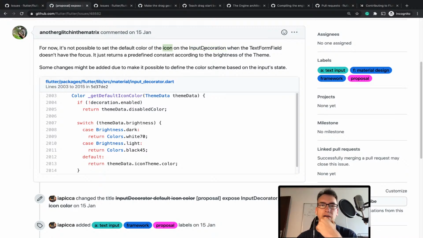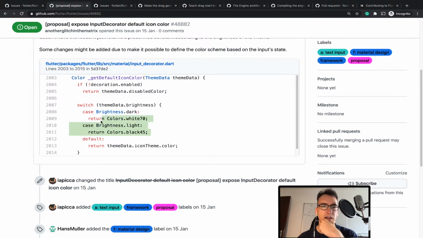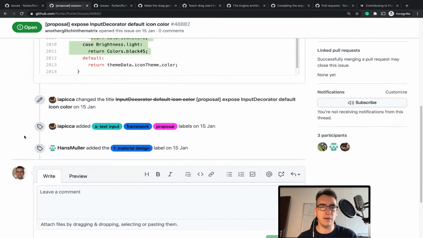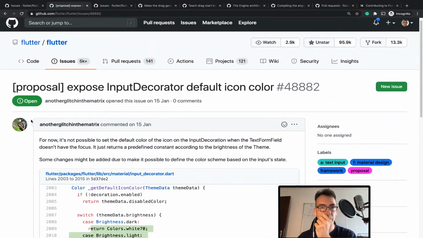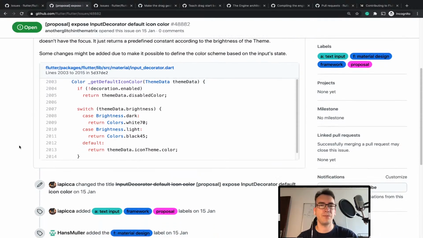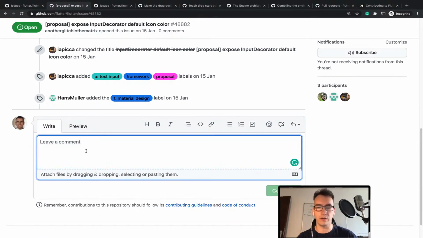Default color of the icon on input decoration when the text form field doesn't have the focus. It just returns a predefined constant according to brightness of the theme. Okay. So this color is always getting returned and used inside of the input decorator, and they want to make it possible to use their own one. So it is again a problem with the constructor, I think, and also with the changing to bring it up. That sounds like a perfect issue for me that I can work on. So the first thing I will do is